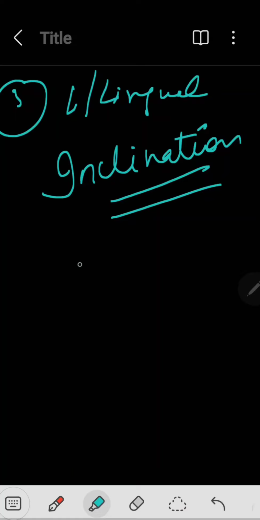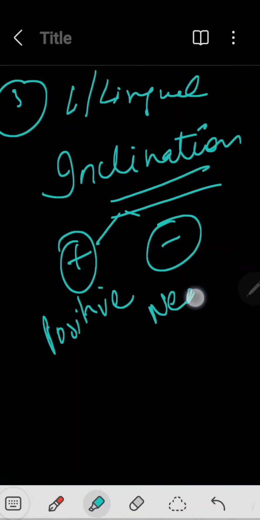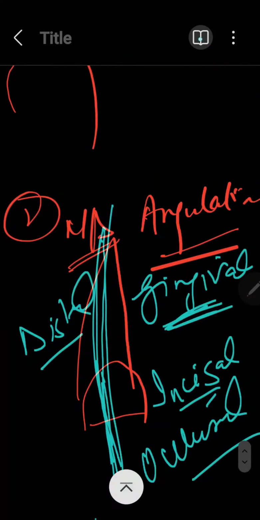So this is either positive or negative. What basically it means is, as we described earlier, that we need to know the gingival area, right? Gingival margin. Similarly, in this case, if we describe the inclination, it is very simple to say that if the gingival